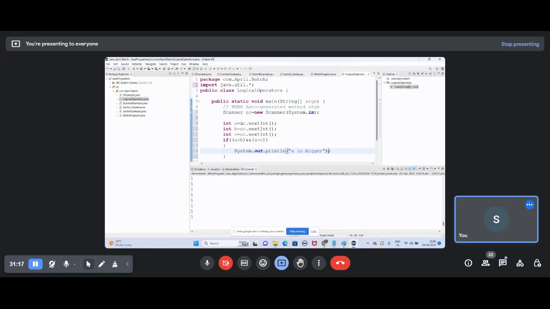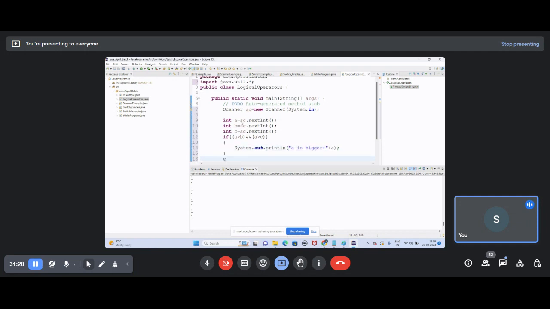A is bigger. Then print the value of A. Now after that we have else. Else if, what to check? If B is greater than A, and